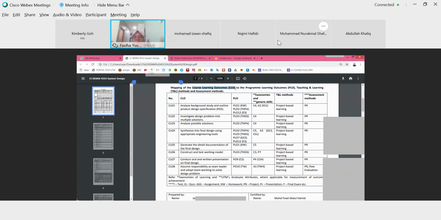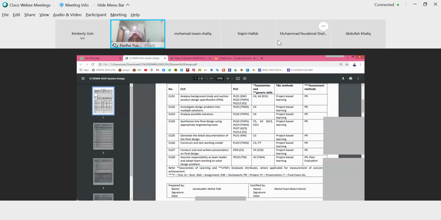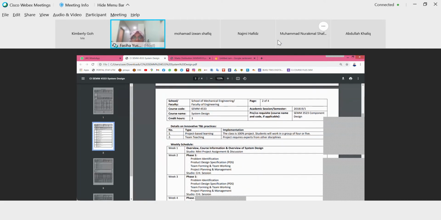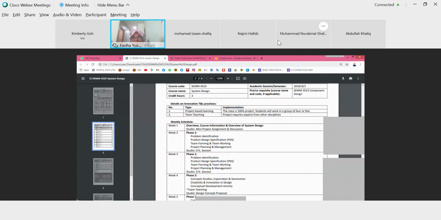What are the outcomes expected for the students to have after completing this subject? These are 8 items that are listed as the CLO for this subject. And this is our weekly schedule.